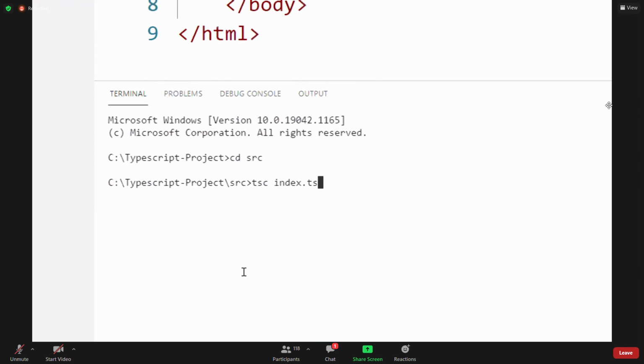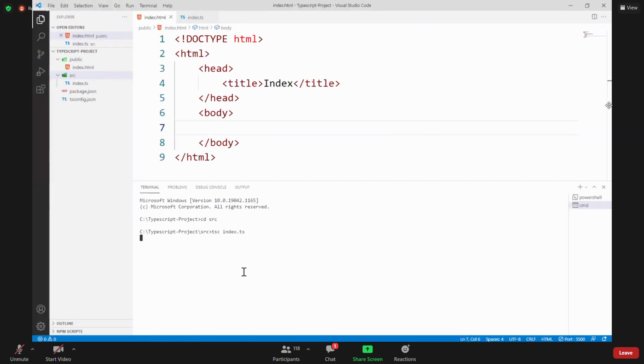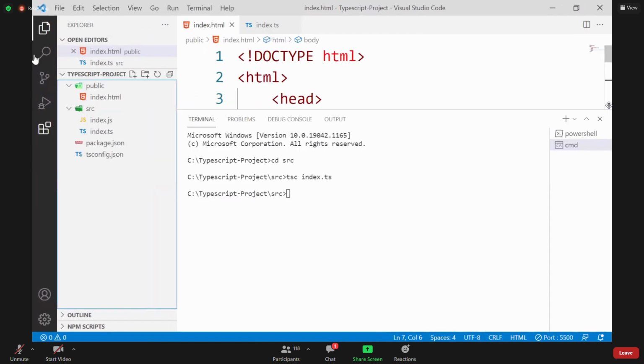Then automatically it will compile the TypeScript program into JavaScript, and you can see that a JavaScript file, index.js, is automatically generated.